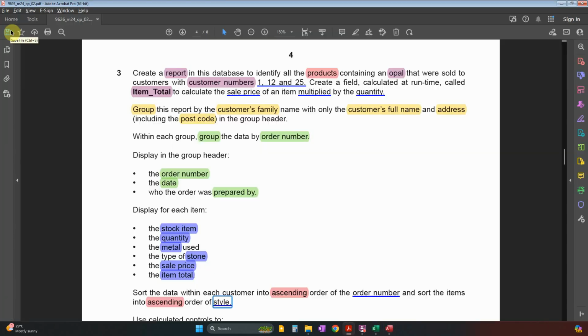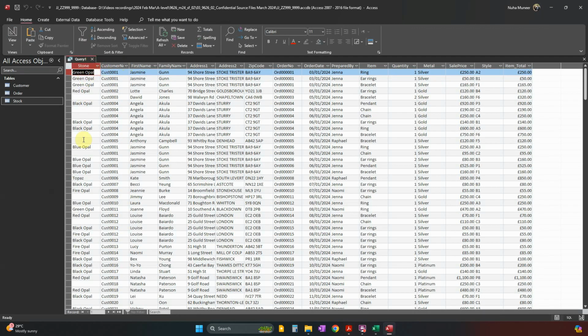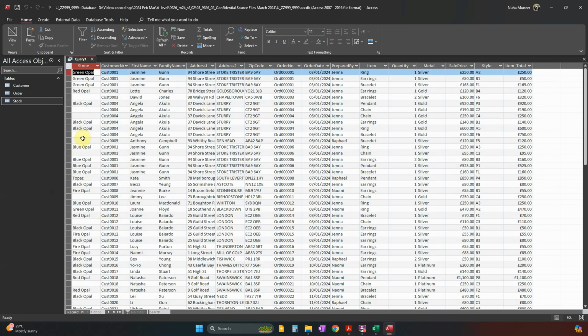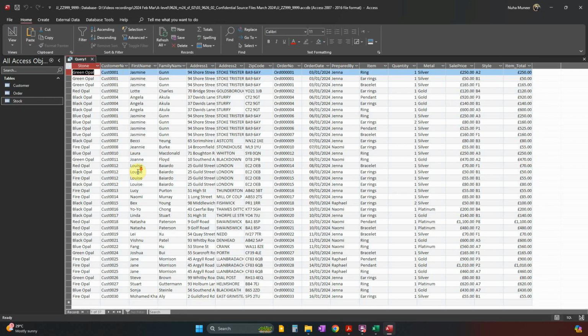Okay, let's check right now. Here we have that the product should contain only opal. So you can see over here we have some products that do not contain opal, without any stone. So what we're going to do, we're going to go to this field and we're going to put star opal star. That means it should include the word opal, and then it's going to filter it for you only the opal stones,